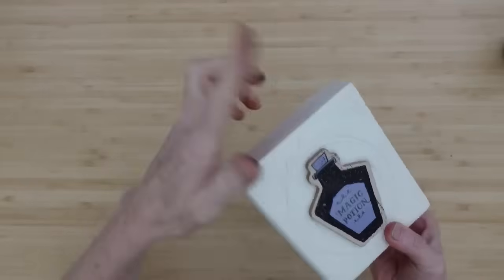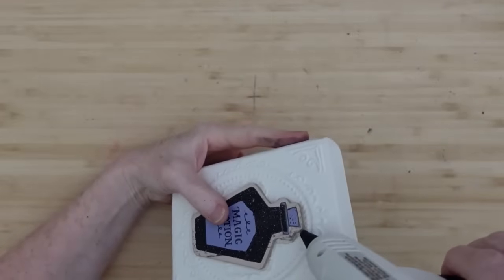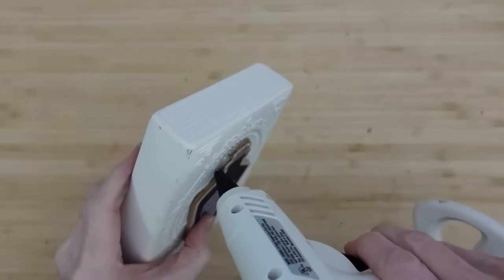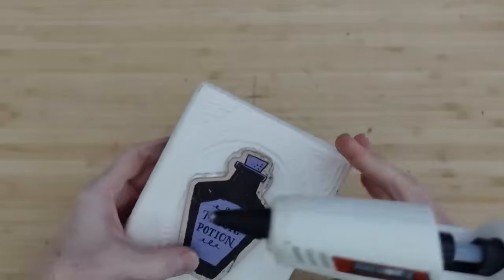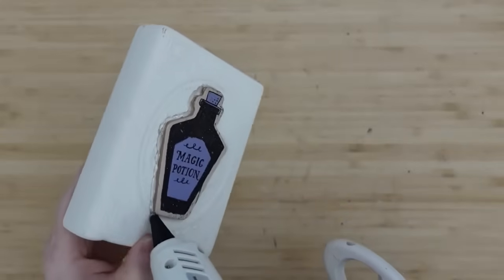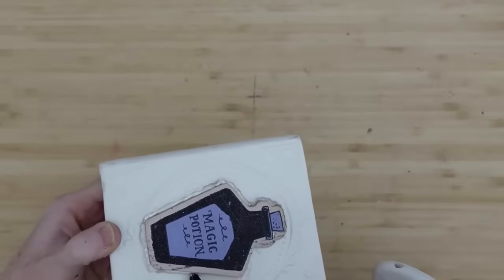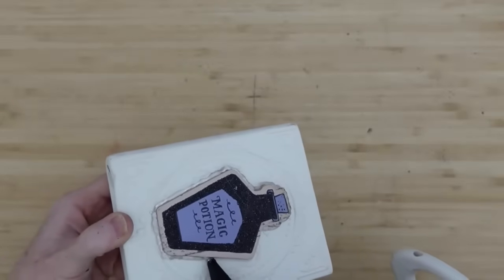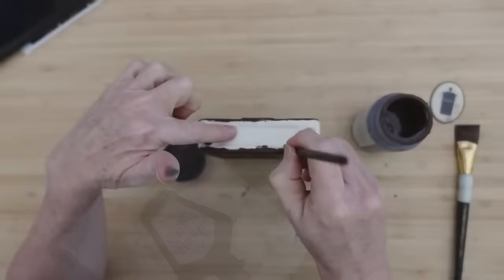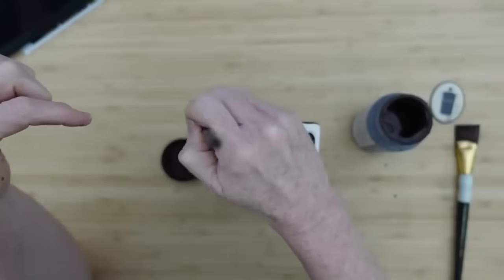And then we're going to address the little line or the gap between the outside. So it's kind of squared off where it meets, and we're going to do it like you would do caulking in a bathtub. So you want to go around the edge with the tip of the glue gun right in the angle there, right between the two, and just pull that bead of glue continuously all the way around. And that's going to kind of seal it and make it look like it's made into the book cover rather than glued on top. I've taken the Java paint and painted everything except for the pages on the side and